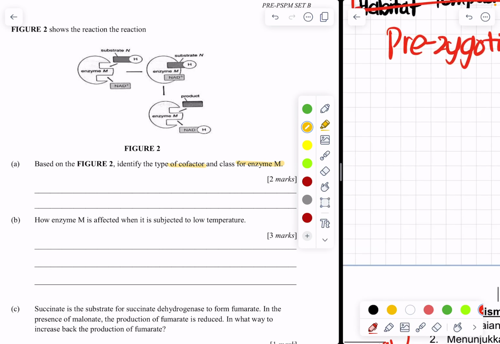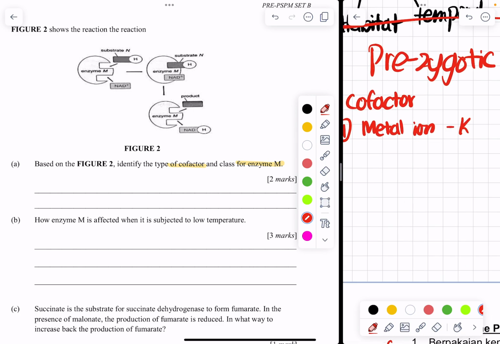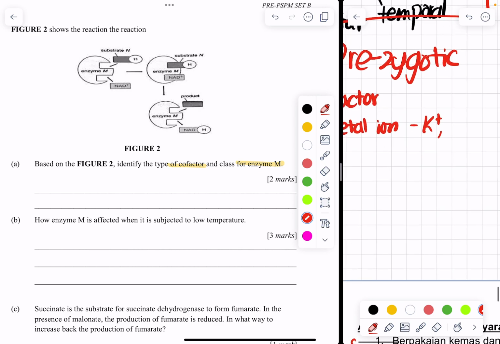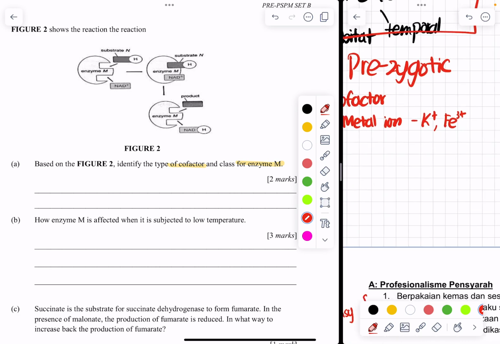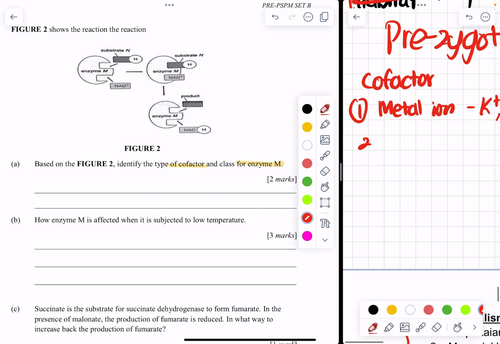Cofactor, please. We have 3 types of cofactor. Do you remember? Try to pause this video and try to let it out first. What are the 3 types of cofactor that we have learned before? Pause this and then play it again. Alright, so the cofactors that we have learned, the first one is metal ion. For example, K+. What else? Fe3+. So this is metal ion. And the second one is